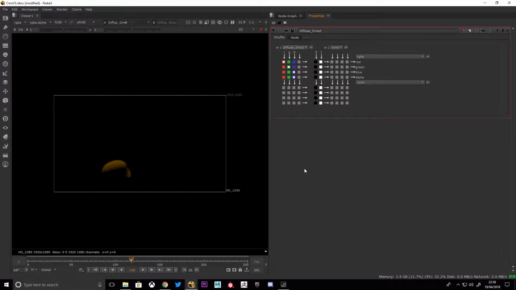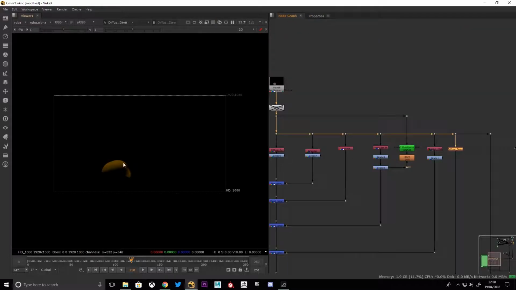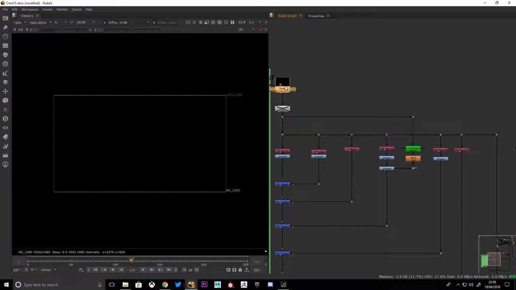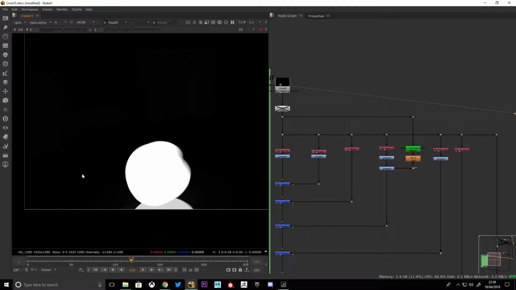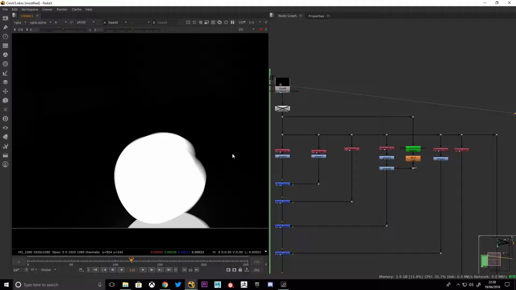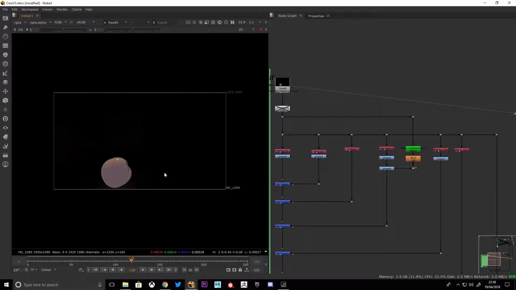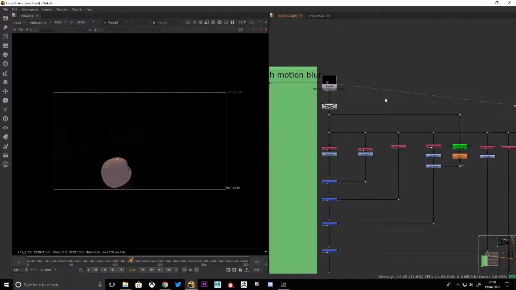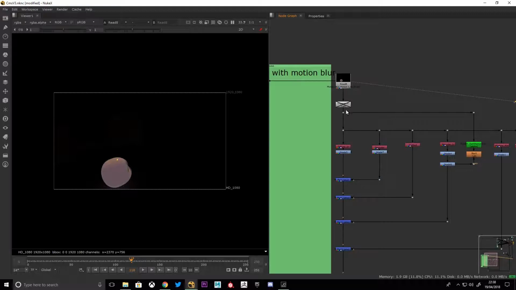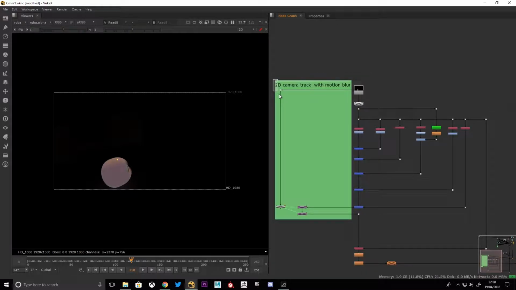So if I go into here, I can have all these at the alpha, which you don't really need. You don't really need that as a pass per se, because if you come over here and view your footage, you should just press A. Just create this alpha, which Billy taught me is like you always should have alpha in any CG. With my first assignment, I didn't have an alpha, so it's quite hard to work with, but it did work in the end. And then my second CG object, I created alphas for all of them, which taught me a lot. Here's your 2D camera track in